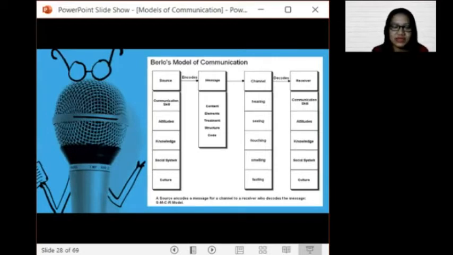So the attitude of the sender and also the receiver creates an effect on the message. The person's attitude toward self, toward other people, toward environment, toward the receiver can also change the meaning of the message. And of course, the knowledge. Familiarity with a certain topic, familiarity with the subject matter you are talking about, is also one of the essential factors in order for you to be able to transmit the message properly